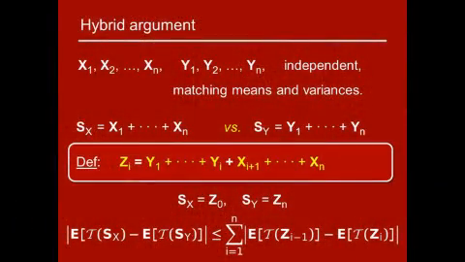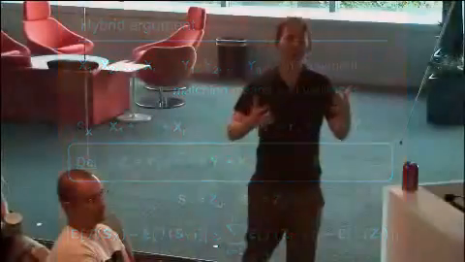Okay, so right, as I said, now really let's try to start proving things. So we're going to try and do it with a hybrid argument or the replacement method. So we're looking at s of x, which is the sum of the x's, versus s of y, which is the sum of the y's. Everything, all two n guys are independent. Think of it that way, and they have this pairwise matching means. Well, actually, both means are 0 and matching variances.